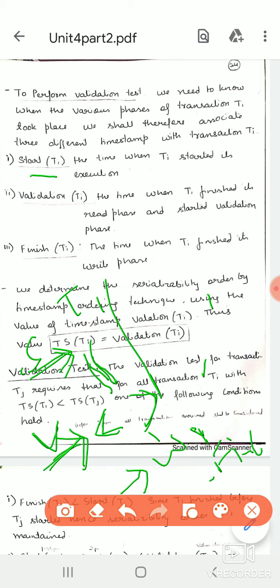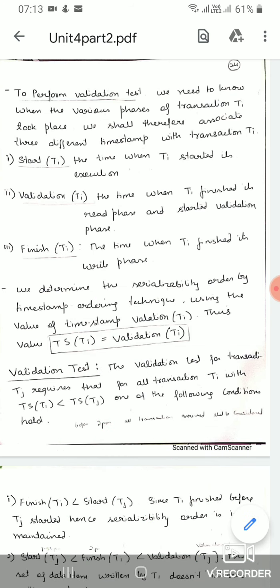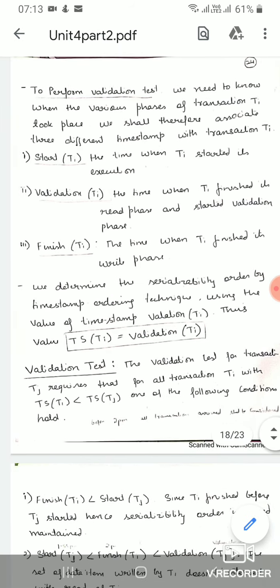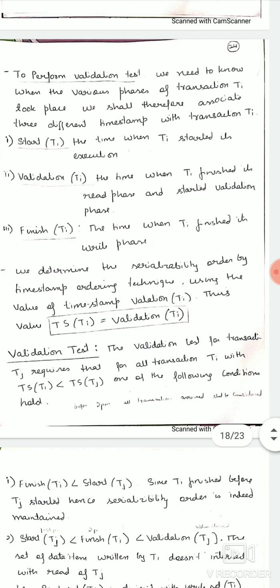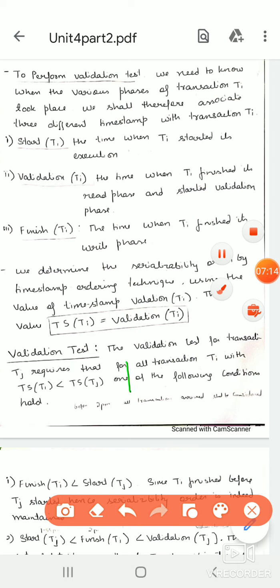So these are the three different timestamps associated with each transaction Ti: start of Ti, validation of Ti, and finish of Ti. Here we are going to determine the serializability order by the timestamp ordering technique. So how are you going to check the serializability order?